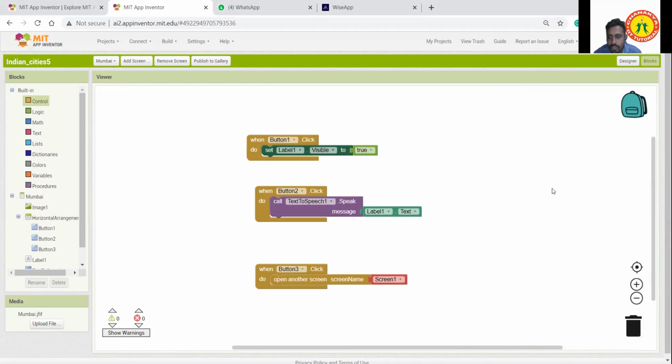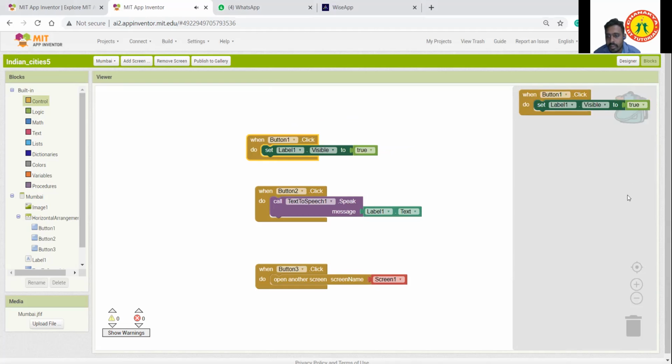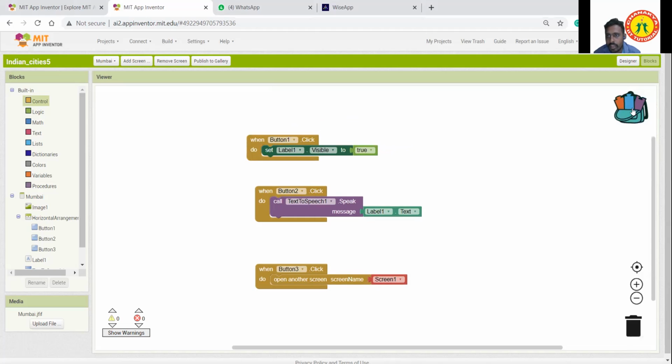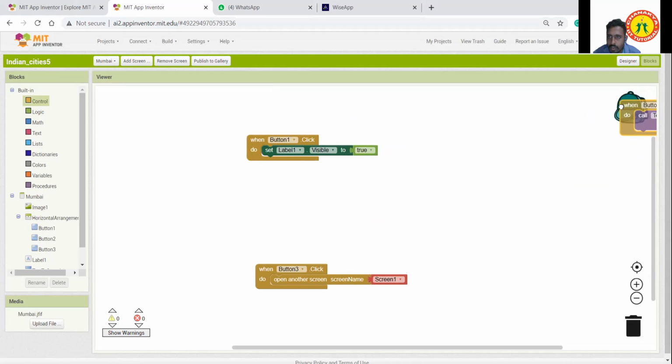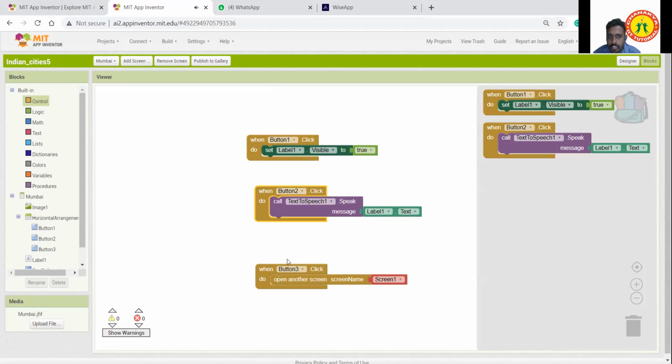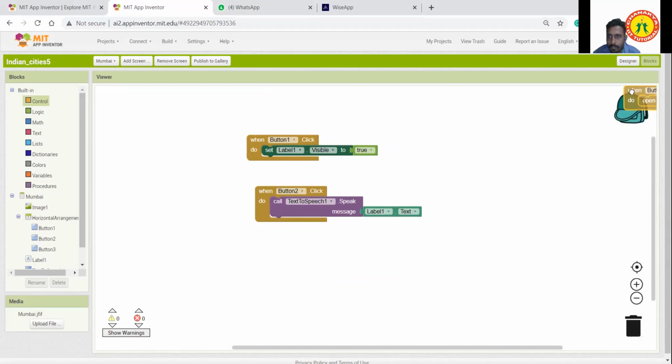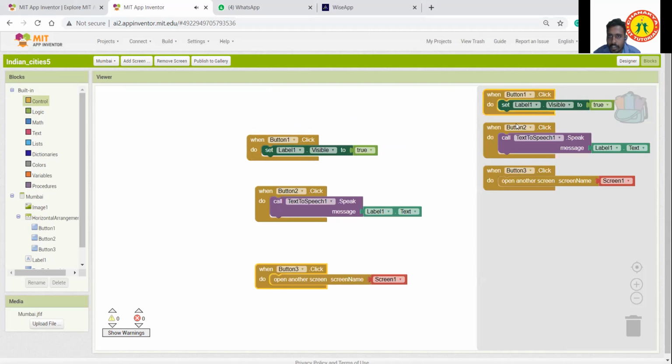Okay, guys listen, for copying it's very easy. Can you see a backpack option here? Yes, sir. Okay, just grab your block and make a click on the backpack. All blocks? Yeah, all blocks, just grab it here and make a click, so it will just get added to your backpack. Can you see here? Added in backpack.